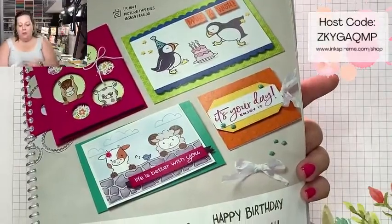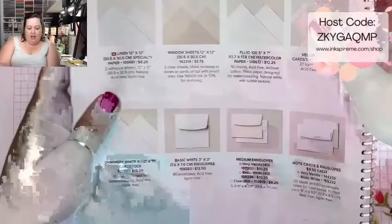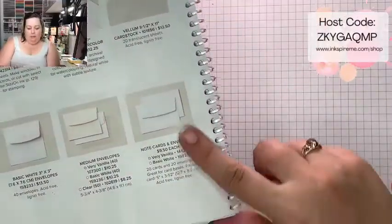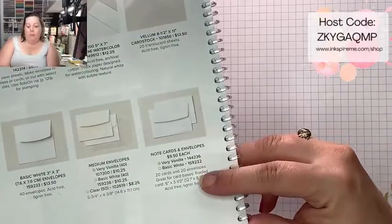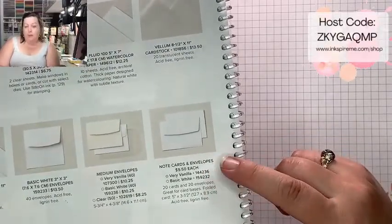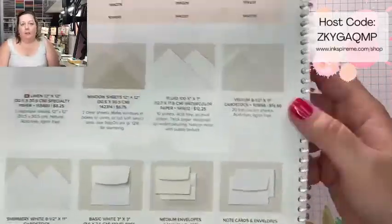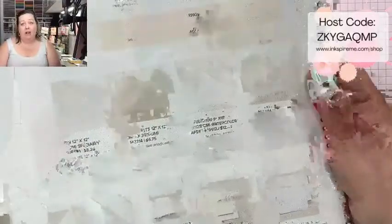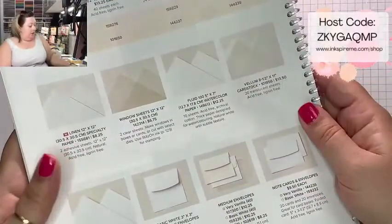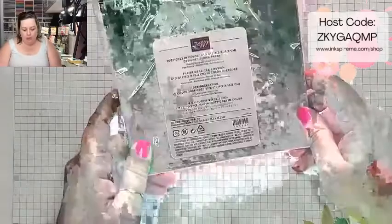And then the other thing we are using are the note cards and envelopes, which are located on page 136, and it is right here in the bottom corner. They come in basic white or very vanilla, and they are $9.50 for 20 cards and 20 envelopes. So really keeping it simple for you, and you can make awesome cards using just these supplies. But I am going to add in something extra. So we are going to be using the